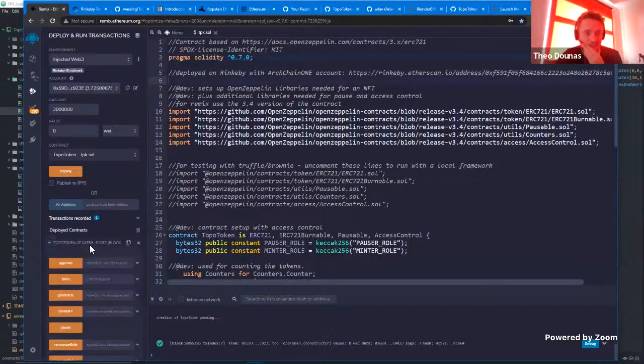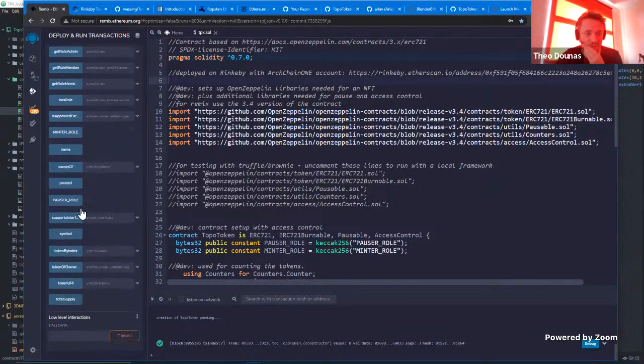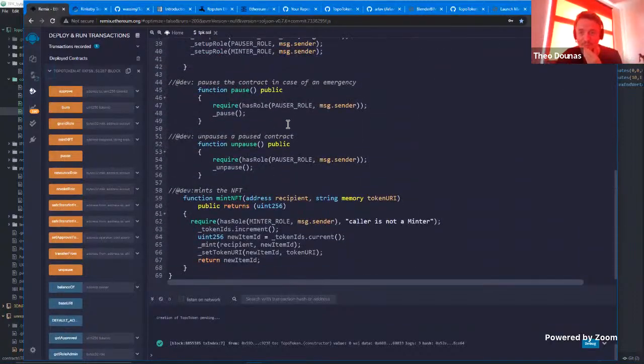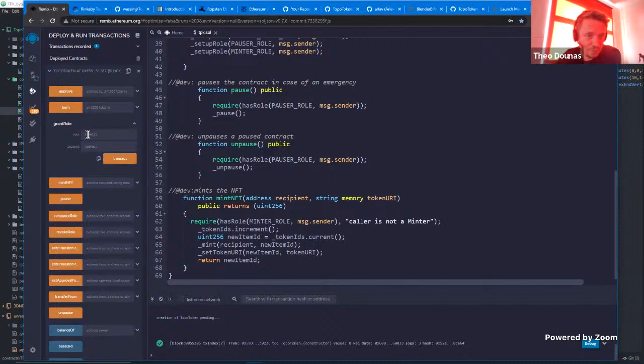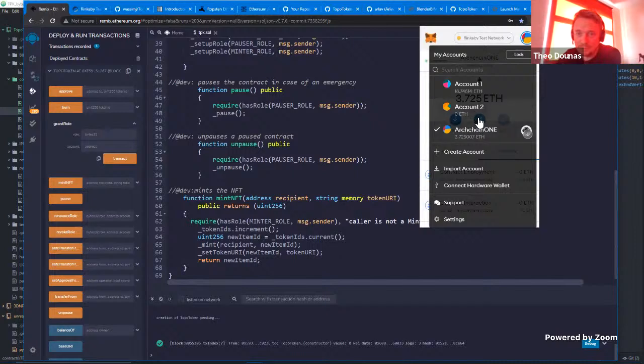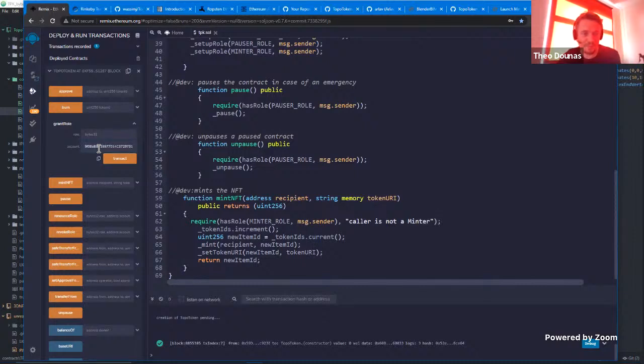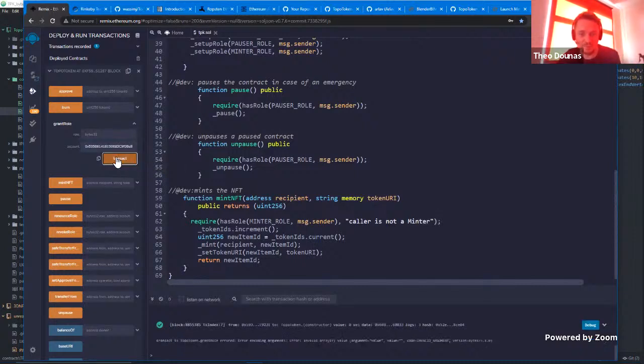Okay. And now here you will see that the interface I have is much more rich compared to the very simple contract I set up. Why? Because I'm using the OpenZeppelin libraries. So let's do this, right? One of the things I can do is create a new role for ArcChain 2. So I will copy this address, place it here, and I will grant ArcChain2 account the possibility that, okay,